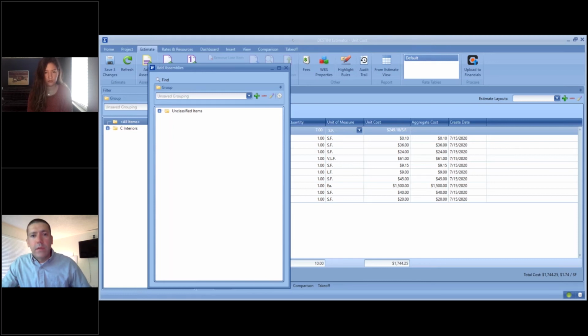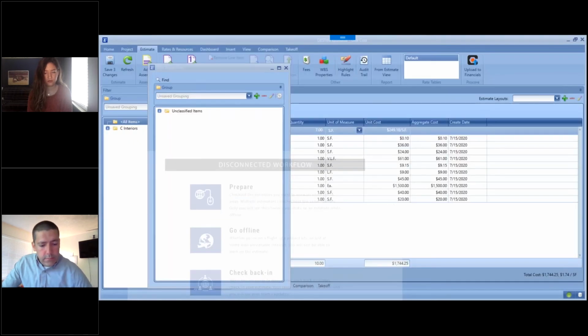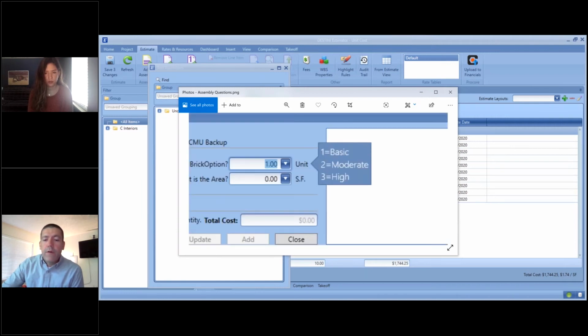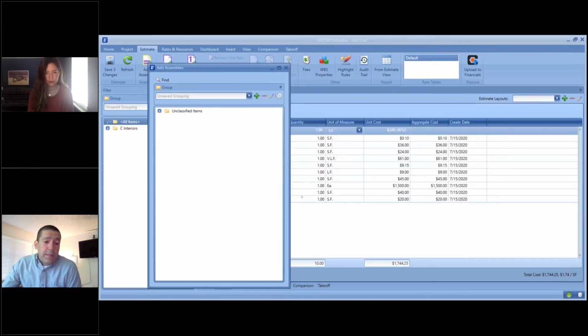Let me give you an example here. You would have to create a variable and assign a value to it. So for example, in this one, 1 equals basic, 2 equals moderate, 3 equals high. Then you would have this tooltip that would pop up and tell you what each numerical value represented. So in this case, if I wanted moderate, I would select the 2 and enter that in. We felt we could improve that for our clients with little to no effort on their side or no changes to their database, because that could be expensive and tedious to go and update your whole database. So now the option, without any changes to their database,